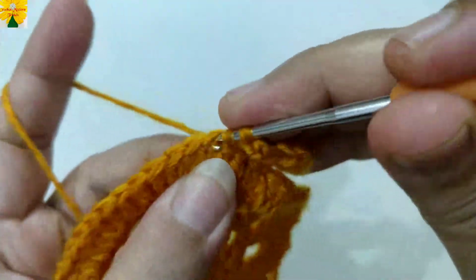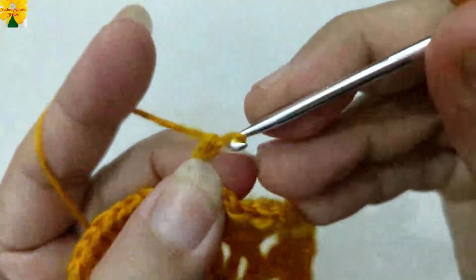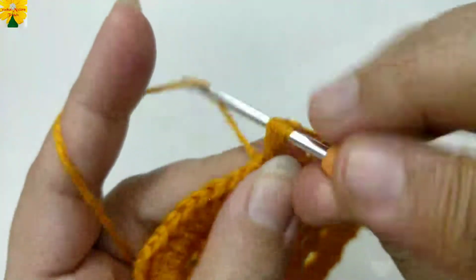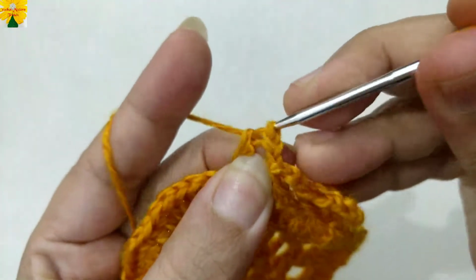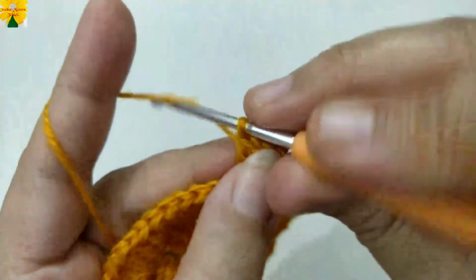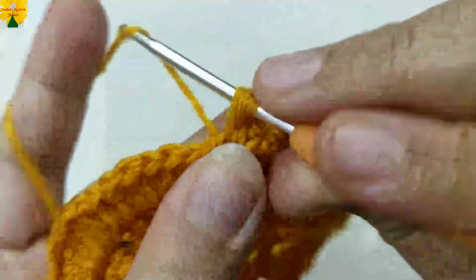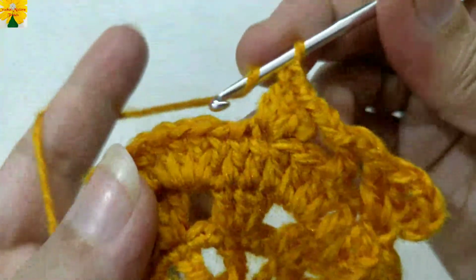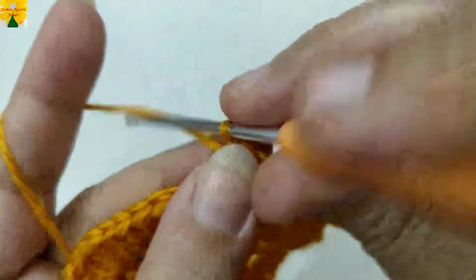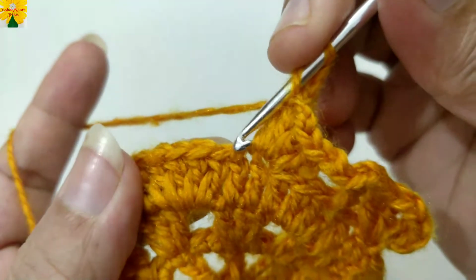the top of the next stitch, double crochet 1, chain 2 for chain space, skip 2 stitches, on the top of the next stitch, double crochet 1, into the same stitch, double crochet 2, chain 1 for chain space, into the same stitch, double crochet 1, into the same stitch, double crochet 2, chain 2 for chain space, yarn over,